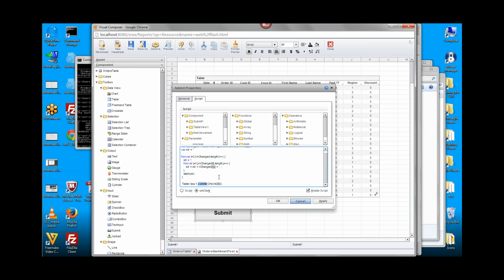Now, the terminology here is a little bit misleading because when you see the word commit, you might think, well, that's the command that commits the changes to the database, but no, it doesn't. Nothing is yet being written to the database. All this does is it just clears this get form rows changed array, right? So after you issue this command, if you were then to again issue the get form rows changed command, it would come back empty, right? So it clears that array out and it clears the formatting on the dashboard. That's all that this command does.